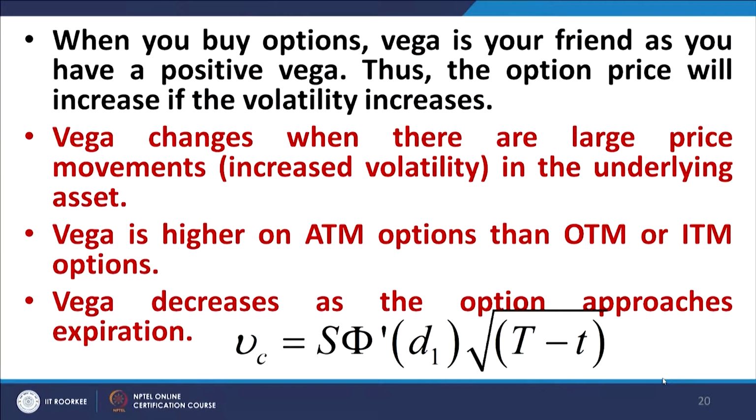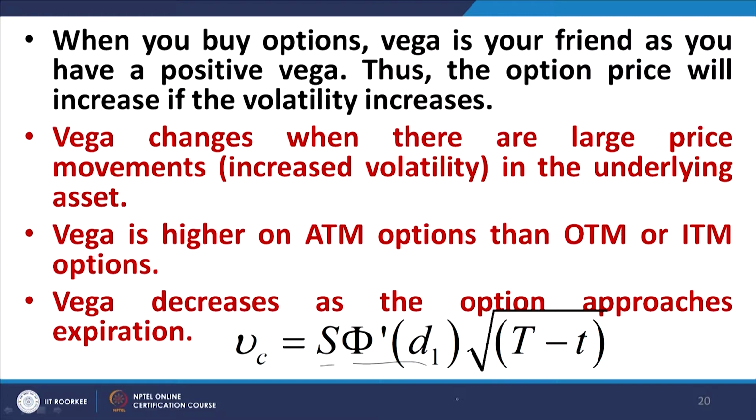Vega is also a function of S. So, Vega will change when S changes. Vega is not independent of S, as you can see here. It is directly a function of x, it is also a function of s through this term; both these terms contain s. So, Vega is a complex function of x and s, the stock price, and therefore, it will change from point to point along the call price curve.